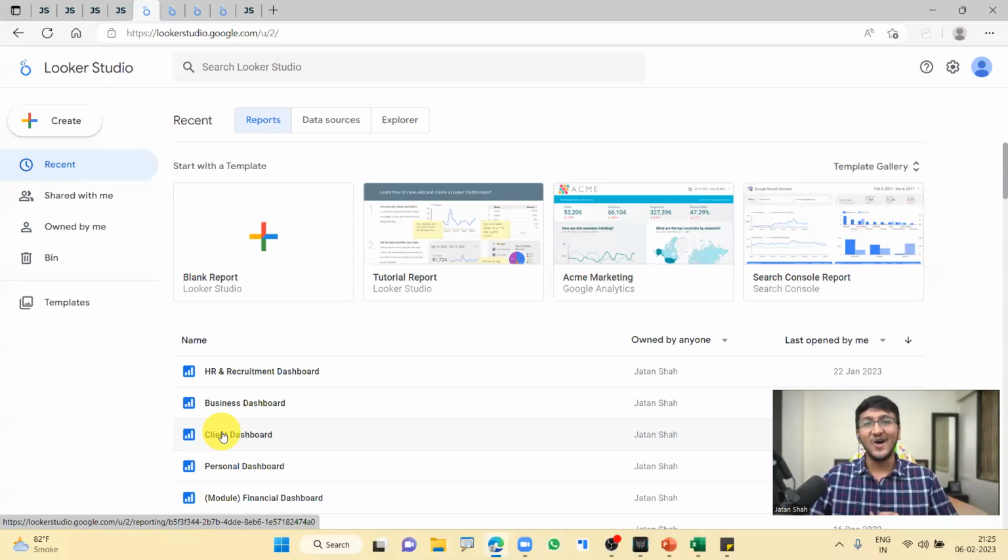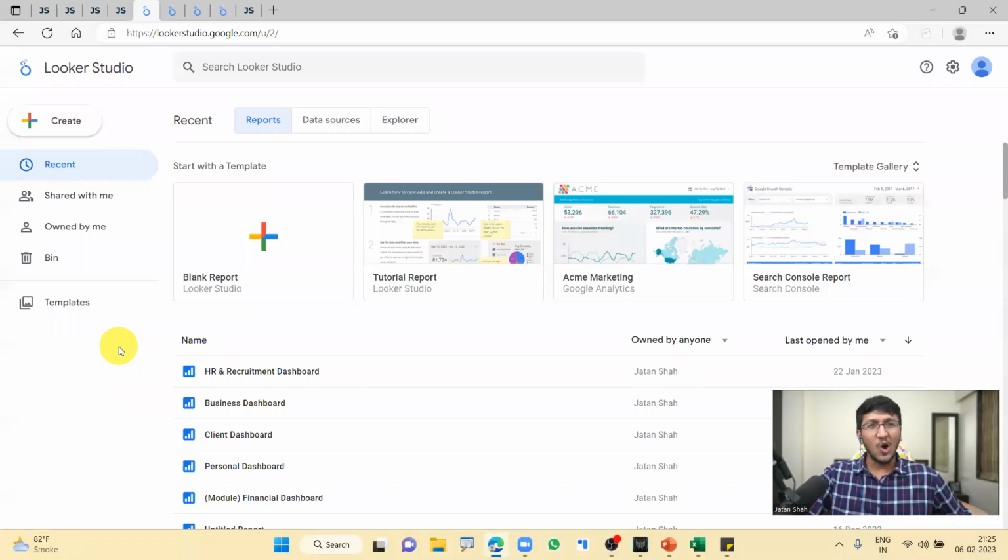Not just that, guys, along with that, all the difficult calculations, such as finding out the month on month profit or the last 12 years of sales, all these things, which are complicated calculations in nature, you will be able to do it on the click of a button with the help of Google Data Studio. All right. And build amazing dashboards as well.